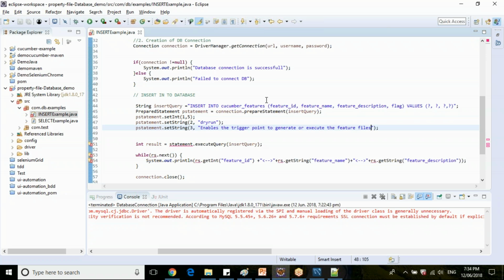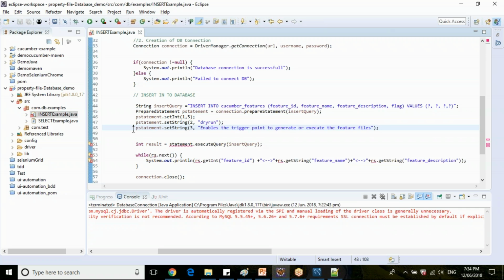Correct? Yeah, correct, Sally. But to be more generic, it'll just enable the trigger point either to generate glue code or to execute the actual step definition based on feature files.